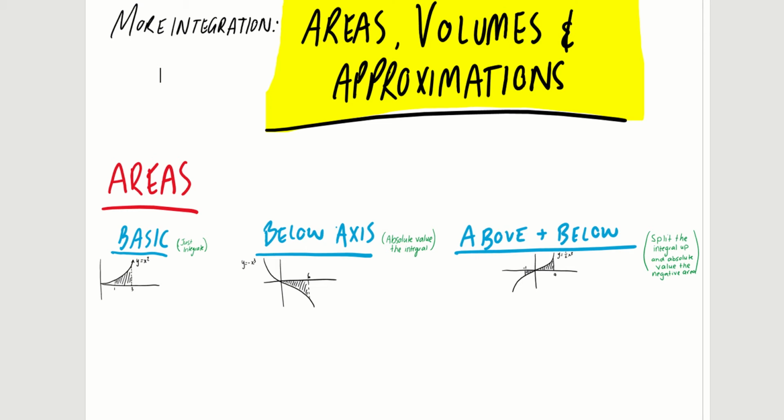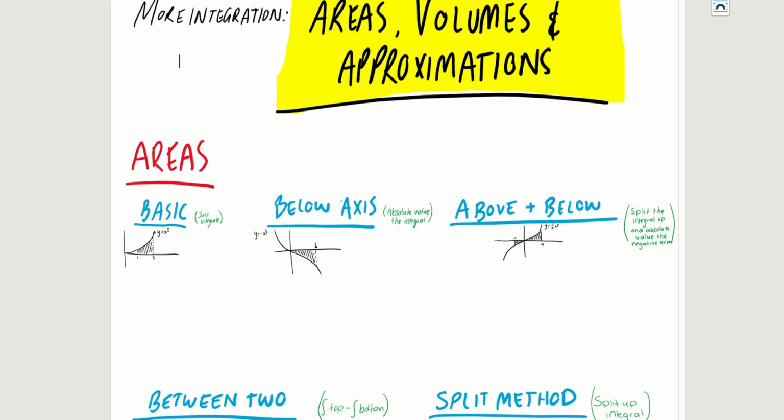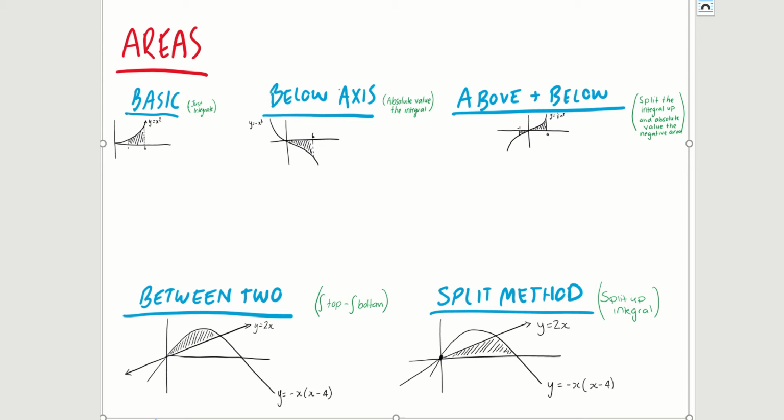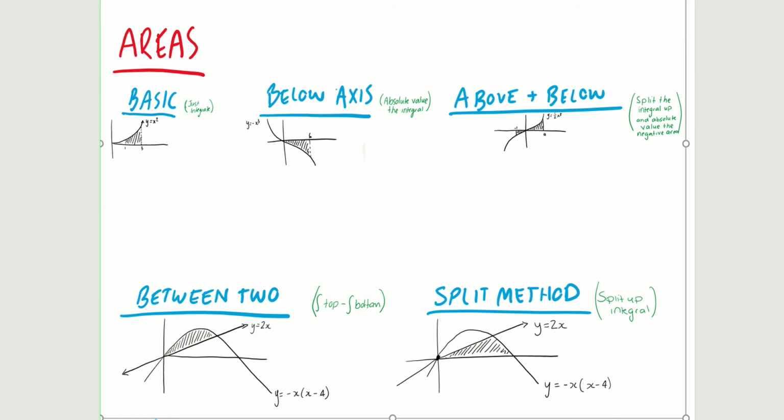So another very important thing in every single HSC, they love asking area and volume questions. And it's just being able to integrate really and understand how to go about integrating them. So what I've created here is a summary on all the different types of areas that you can get given. You've got just basic areas, areas that are below the x-axis, areas above and below, area between two curves, which is a very common one, and then the split method, which I've just named it the split method,